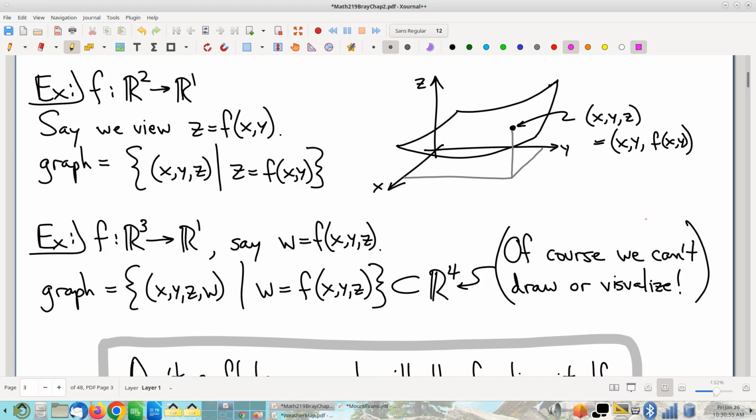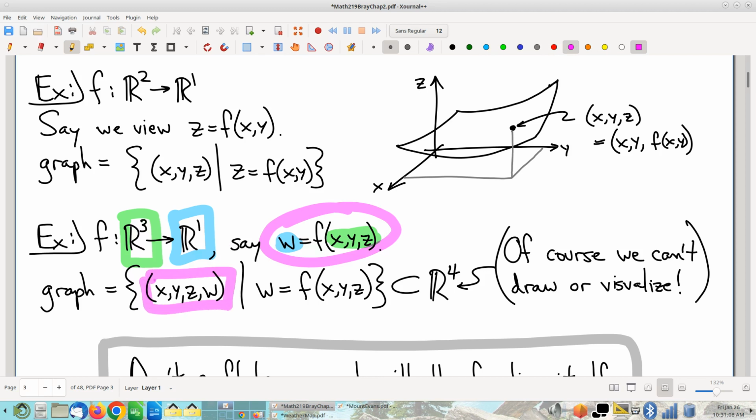Here's an easy example. Function with 3 input variables and 1 output variable. So here's the equation of the graph. Points on the graph look like this, and, well, unavoidably, check it out. How many coordinates are there for these points that are on the graph? 3 in, 1 out, altogether there are 4 coordinates, which means the graph lives in 4 dimensions, and you can't